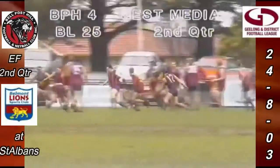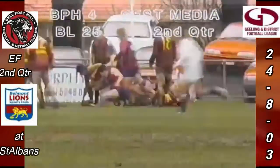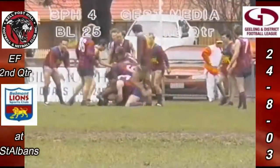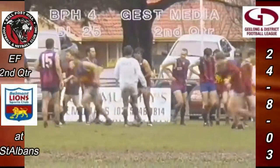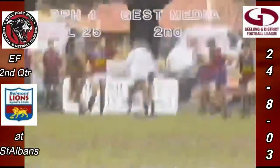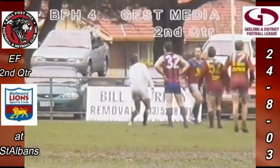So the ball comes in from the boundary. Mills attacks the footy, can't get clear. Very, very scrammed. Big pack of players over the football now. The umpire has the whistle on play and we'll put it in the air. There's players really throwing themselves in with no thought for their safety at the moment, Laurie, and I guess...